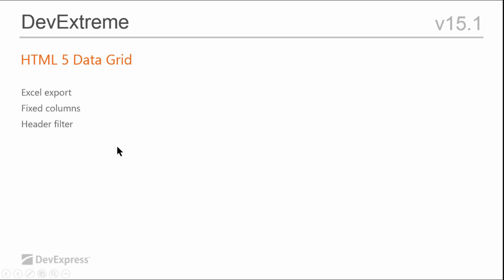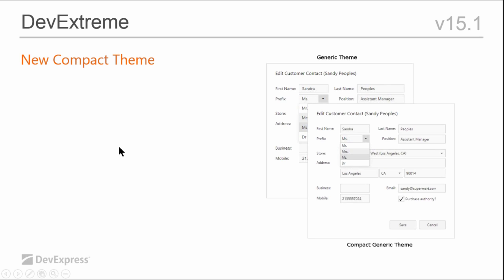All right, now let's take a look at a new theme that we've added in this release called a compact theme. Now, sometimes when you hear the word compact, you think, oh, this is applicable for mobile. It's actually the opposite. The compact theme is designed to work when you're using this more for the desktop. And again, as I mentioned at the top of the webinar, we've done a lot of work so that DevExtreme is, I believe, a fantastic library now that you can start using with things like Angular and Bootstrap and so forth. So the compact theme allows you to